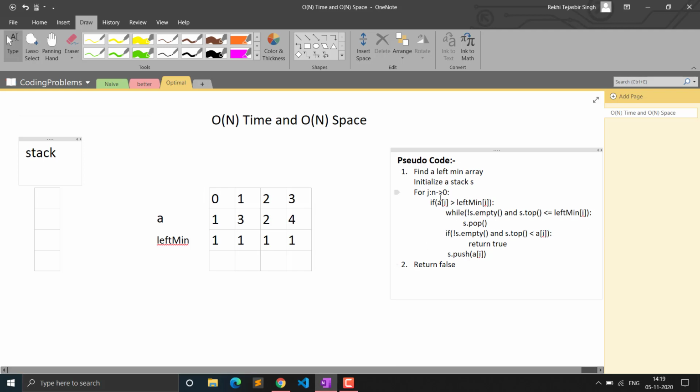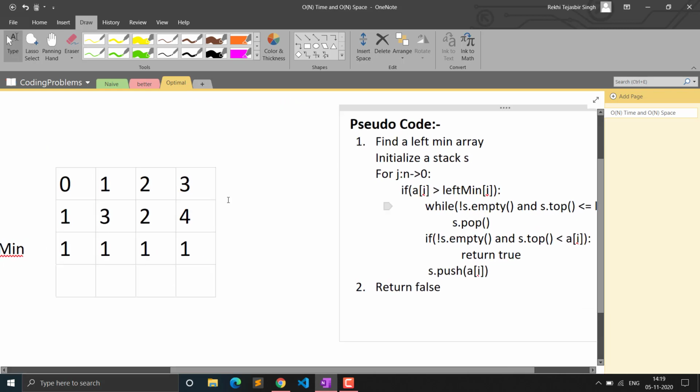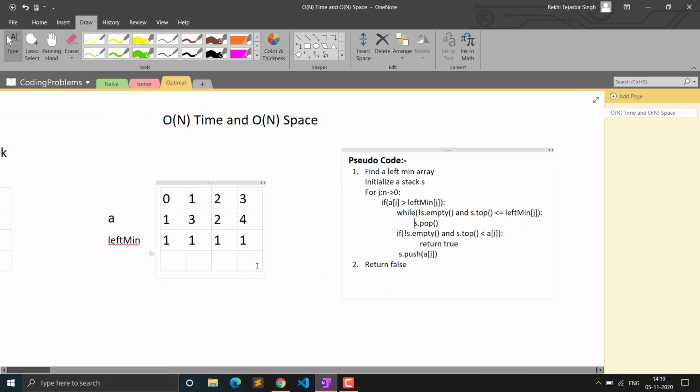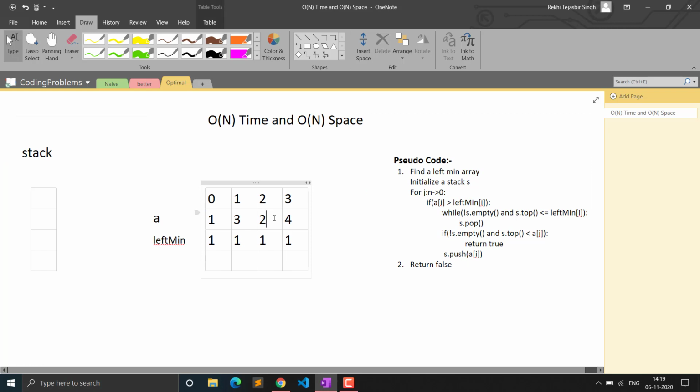As I told you, we will start from the reverse, from right to left. Here j will run from n to 0. Actually it will be n minus 1, because n is actually 4, so it will run from n minus 1. For every index, if we are at this index, this is our jth element. Our pair will be true only if this j is greater than i. For example, if i was 3 here, just assume, and we are assuming this as j and this as i, then the condition is not true.